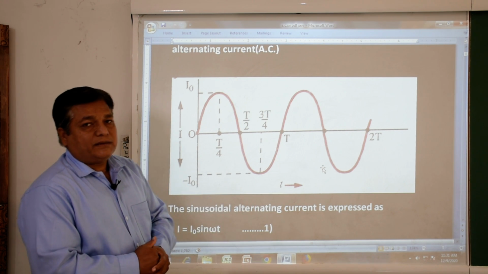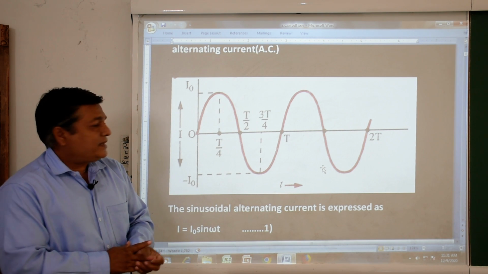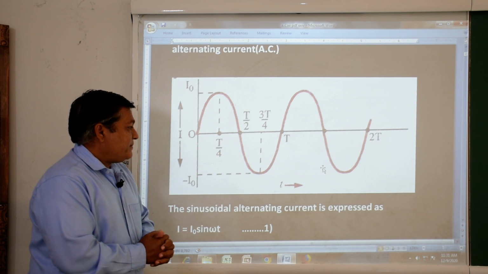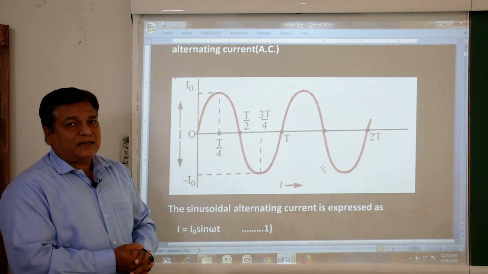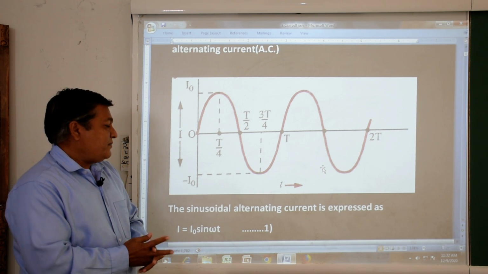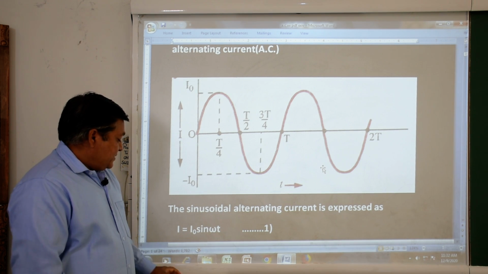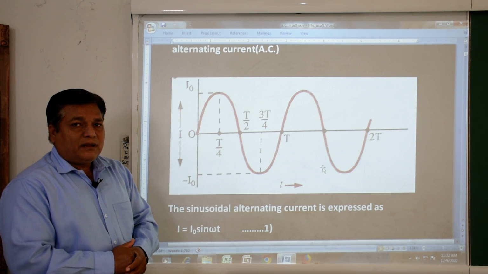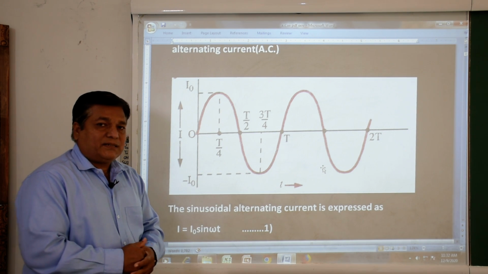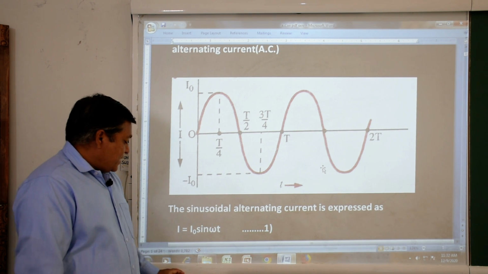So this type of current is oscillating current; it oscillates with respect to time, and we can see the different phases, different angles, at which there are different values of alternating current. Let us go through it one by one. This type of wave is generally called a sinusoidal wave, as we already discussed in the last lecture with respect to induced EMF.